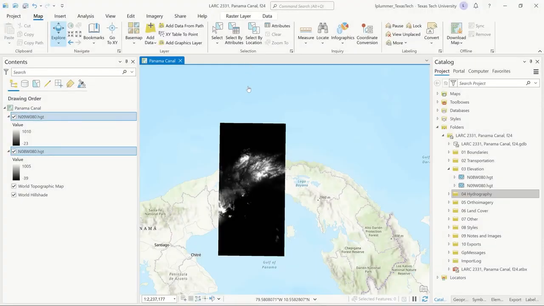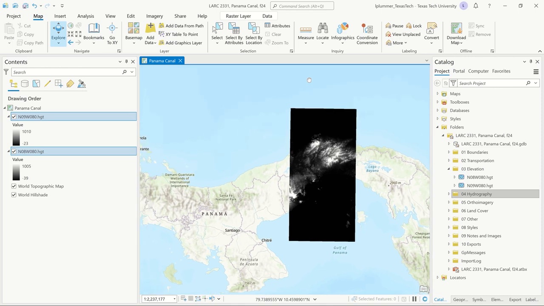Okay, so let's jump back in here. And what we're going to do now, whether you have two or four or maybe eight tiles, we need to merge them together. Okay? And it's a fairly simple task. Anytime you want to do any kind of geoprocessing,